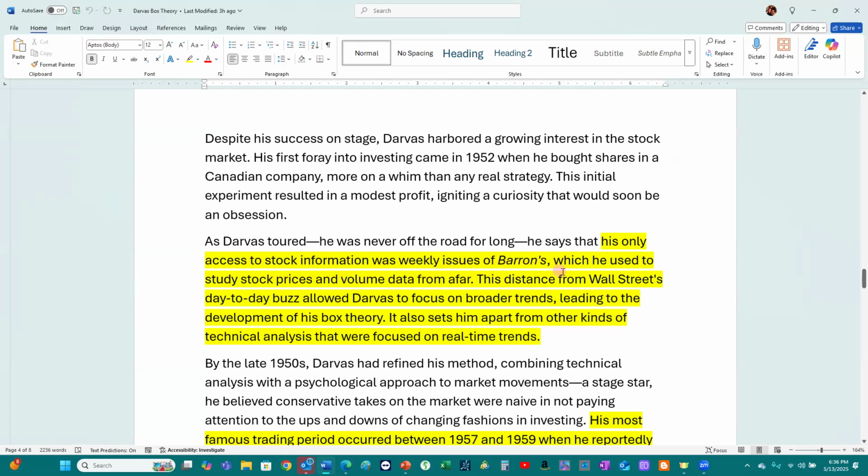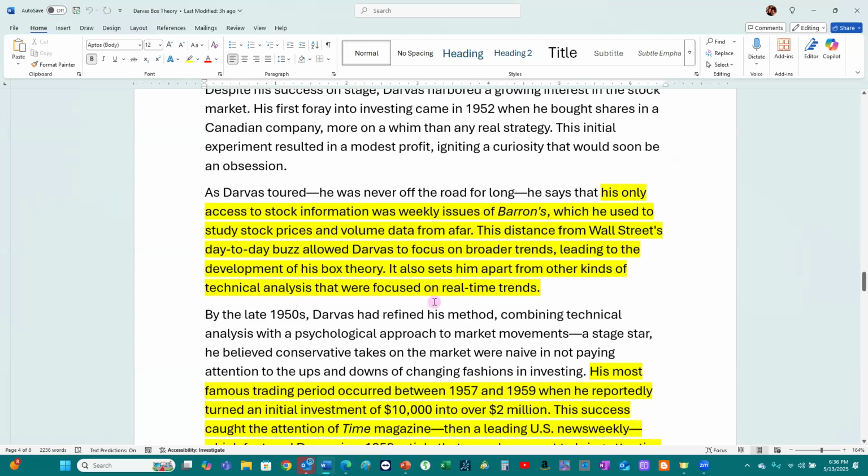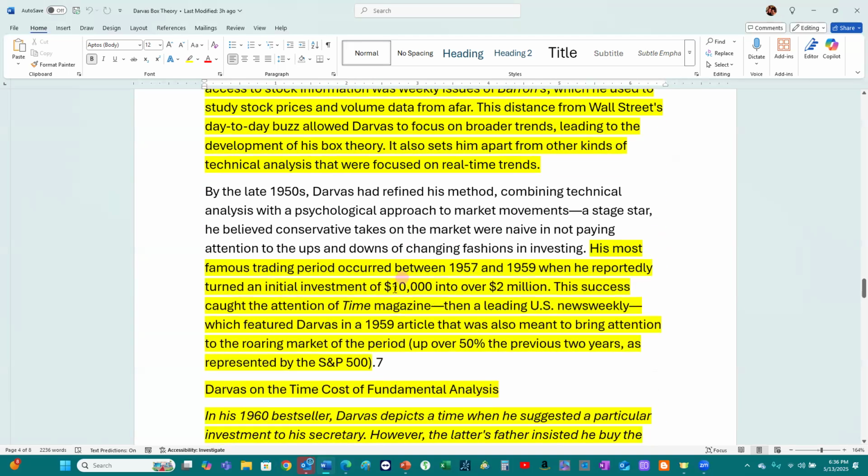So he would order Barron's magazine, and he started studying stock prices and volume data over time. And that's how he started to develop his box theory. His most famous trading period occurred between '57 and '59, when he turned the initial investment of $10,000 into $2 million. This is important because this period